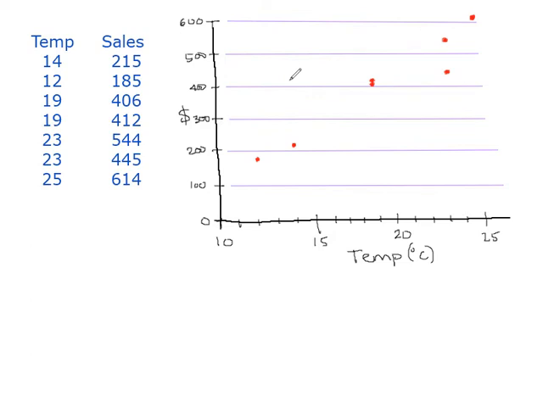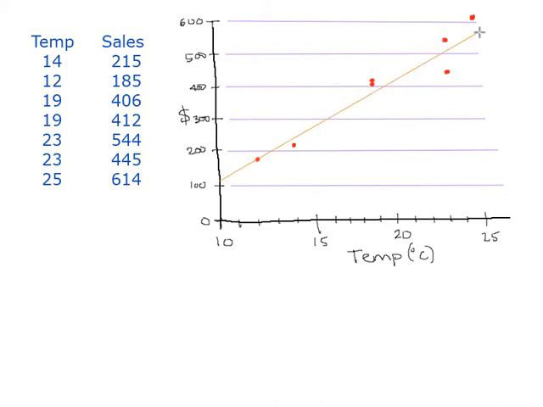Okay, so there's all our points. Clearly, these are kind of making a straight line, but they're definitely not in a line. I could never draw a straight line that hit all of these points. And that happens with real-life data. You get little flutters up and down, and things don't perfectly fit your mathematical model most of the time. But our job now, if we're trying to find an equation behind this, is we have to draw a line that is reasonably close to going through all those points. It should go right through the middle of the points,